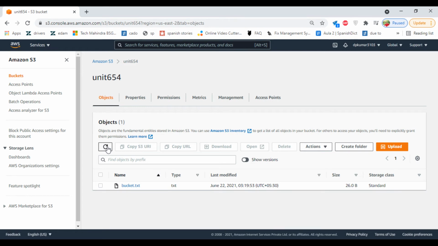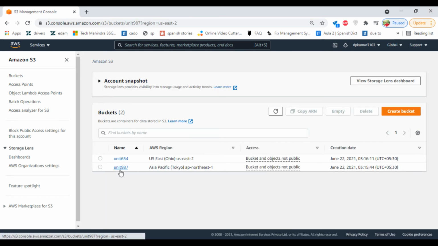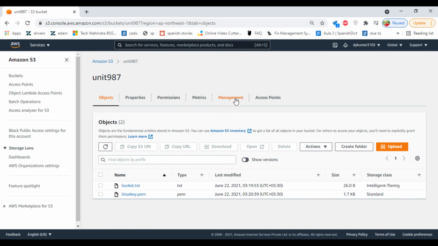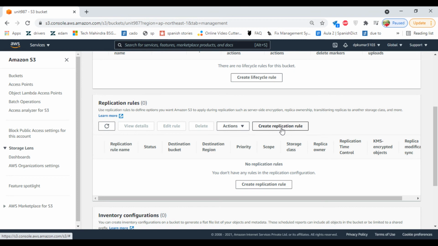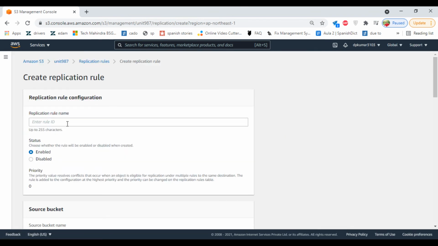It is because the replication works the way you have configured the settings: to replicate from Ohio to Tokyo, not from Tokyo to Ohio. If you want that, you have to configure the same settings here as well. Click on Management, scroll down, click on replication rules, from Tokyo to Ohio.